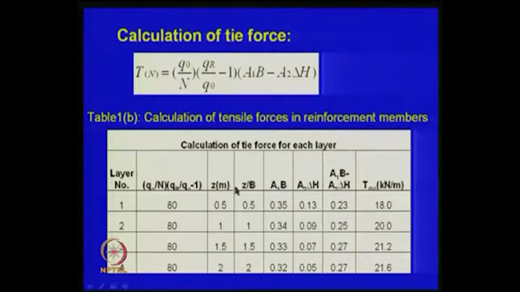So, you calculate all these factors and you will get the tension in each layer as 18, 20, 21, 26 something like that. So, you have an idea now, like if a geogrid company comes and asks, sir, what material do you want, you can say that I want a bearing capacity improvement of factor of 3 here, and you do have this site of this type of this grade of material,